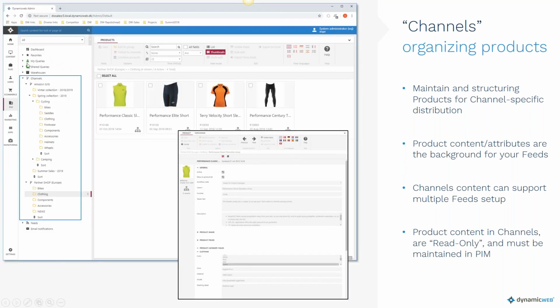The structure of the channel, you see it here on the screen, that I have a structure in my Amazon channel. Again, this structure is more or less dictated from Amazon, because Amazon should have the correct categories, the correct type of products, and so on and so on. You have to deliver this information in the correct order to Amazon. If you go down to this partner shop for Europe,